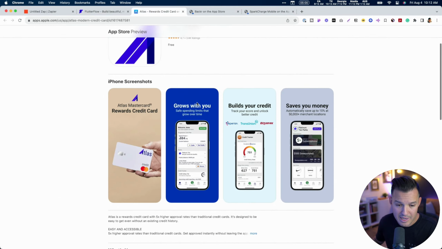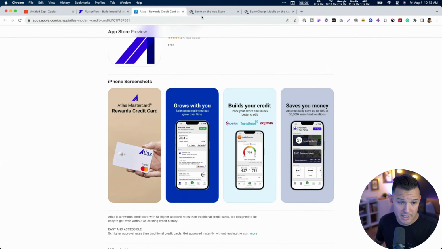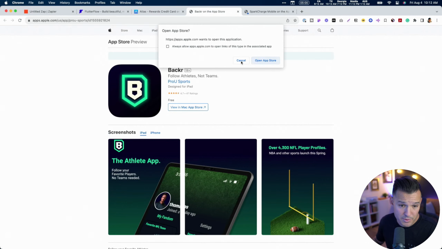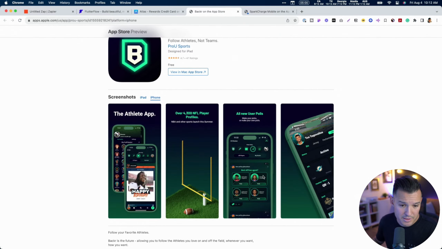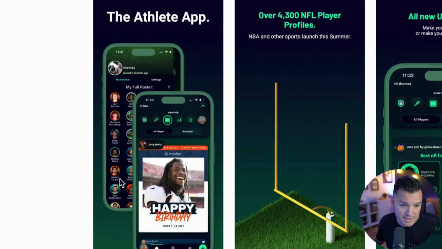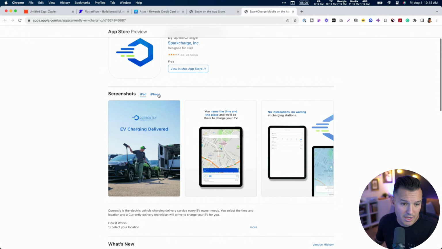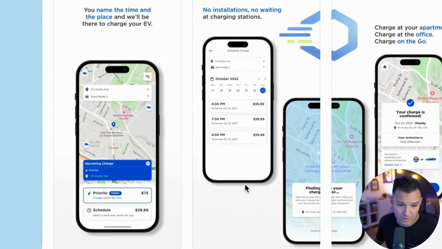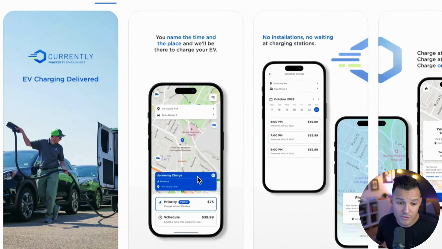So Atlas is currently in the App Store, right? Look at that. Atlas MasterCard. Oh, okay, so somehow this was some sort of financial thing that was built. Okay, this is an athletics app that is built. Look at that. It looks pretty slick, pretty awesome. Spark Change. Let's go to the iPhone. What does it look like? It looks pretty gorgeous. What does it do? EV charging delivered. Oh, these are all